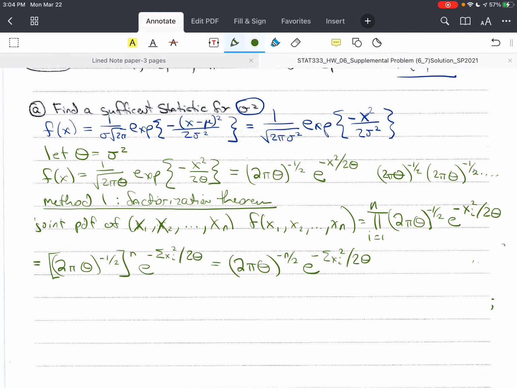Okay. Now, this is going to be my h of x1 up to xn. There is no x in here, so we could say that this is equal to (2 pi theta) to the negative n over 2 times